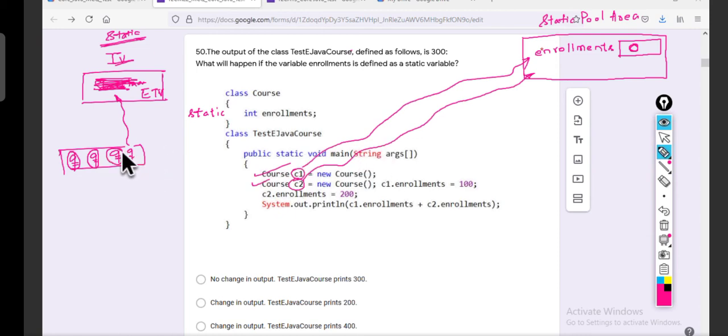Now observe. First, what happened? After this line, next line: C1.enrollment, the first object is accessing. C1.enrollment = 100.